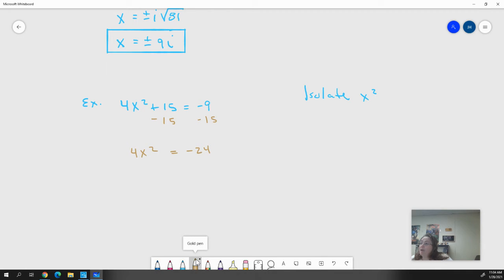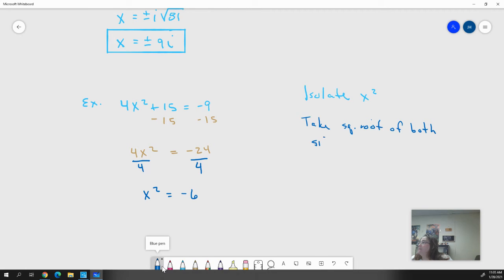The next thing we've got is 4 multiplied to the x squared. So we are going to do the opposite of multiplication, and we are going to divide both sides by 4. And we will be left with x squared equals negative 6. So we've isolated the x squared. It's the only thing there now. So now we need to take the square root of both sides,